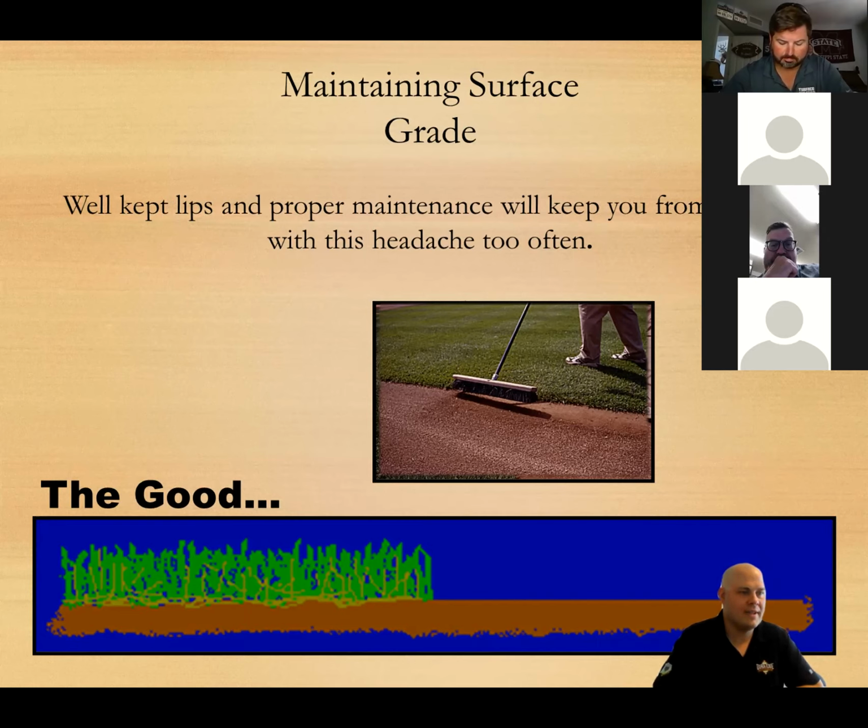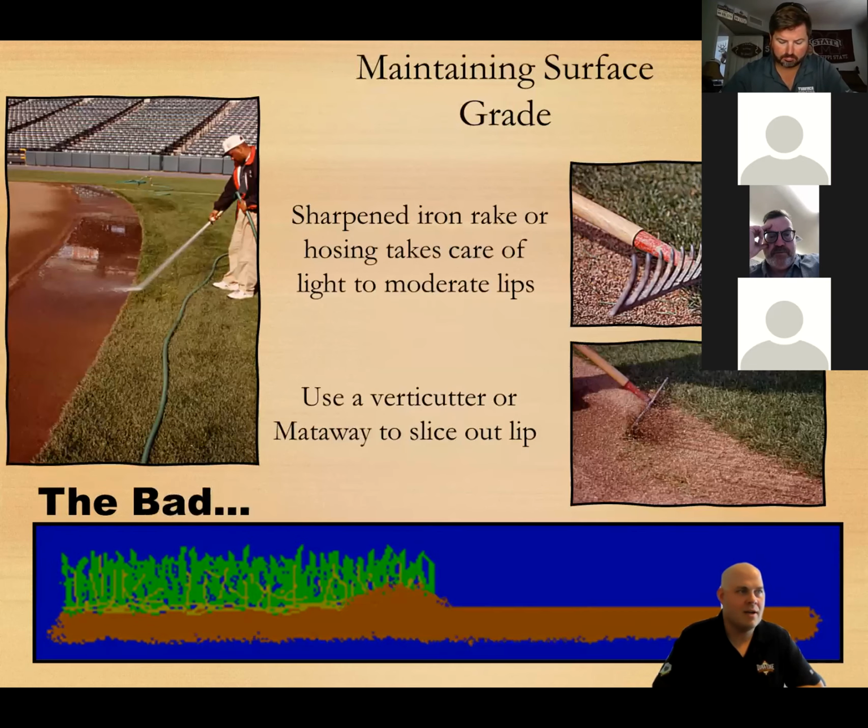And once that field needs to be brought back into shape, most of the time, all that infield has to be removed and brought down to grade. So you're wasting material, or it's material that's been paid for that won't be used for a little while. So lip maintenance, all of these lips can be figured out by walking your field.